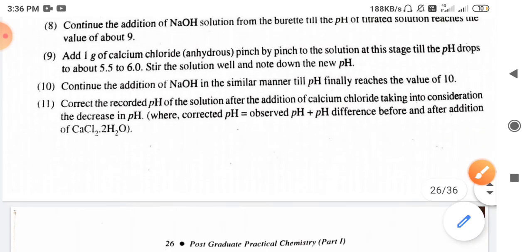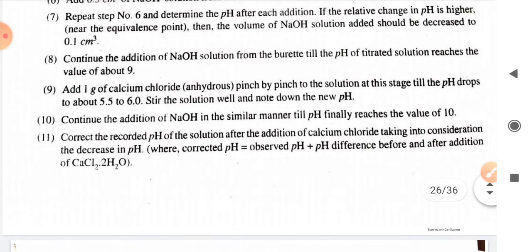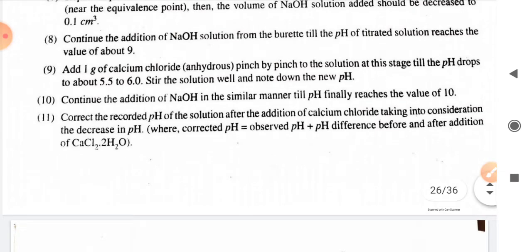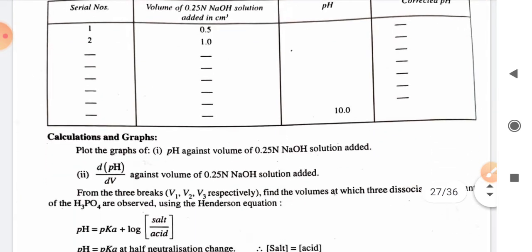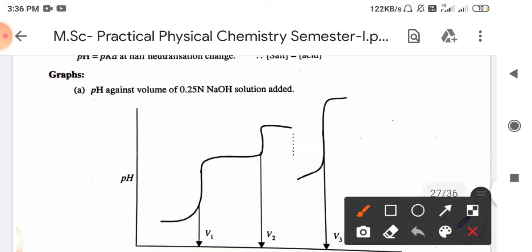Once we have got the first peak, around a certain pH range, we have to plot the graph. Initially, when a certain amount of NaOH is added, we get a steady pH increase, and at particular values we get a sharp increase in the pH values, and again it tries to stabilize. Once we have reached certain values of NaOH solution, again there is a steep rise.